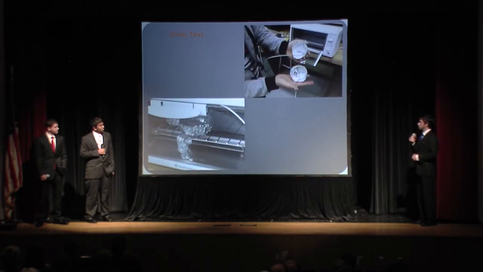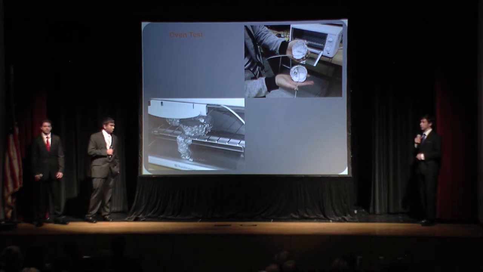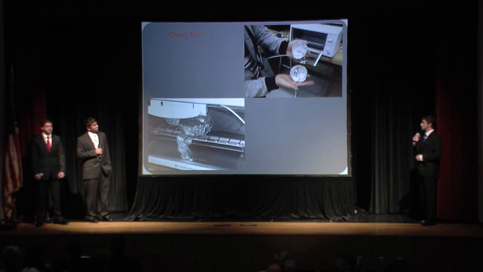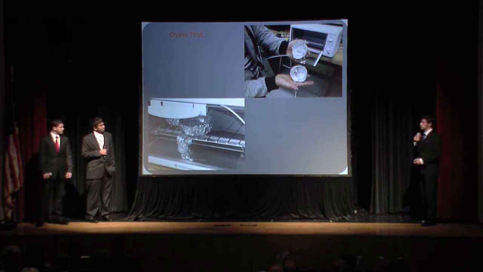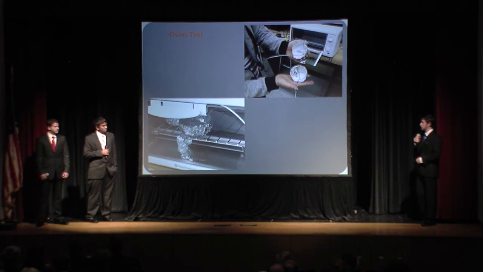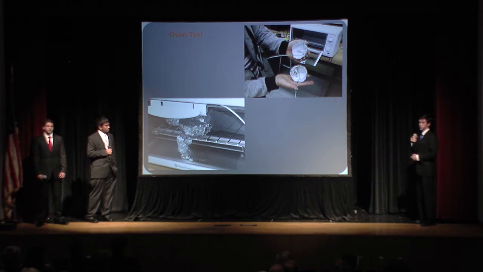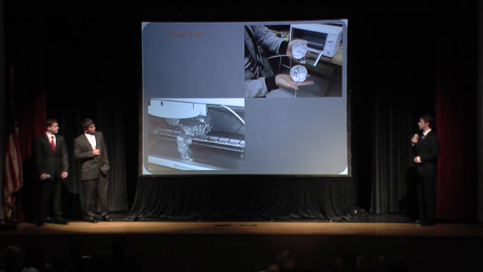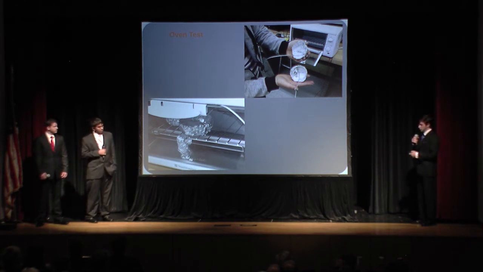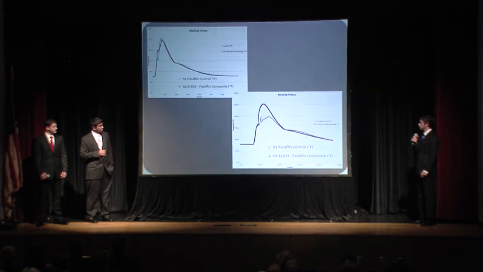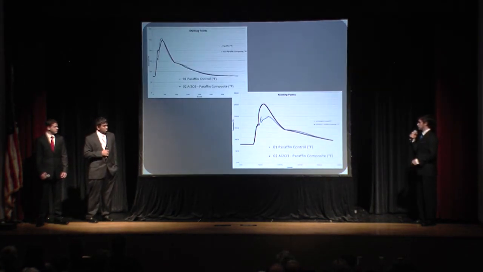After we found out what it was, our final goal was to make our own PCM at a cheaper cost. To do this, we took paraffin wax and put two different substances in it. One was aluminum oxide, the other was the phase change powder we had. We put them in an oven so we could uniformly heat up these two samples at a constant rate. And from that, we graphed them using the Blue Therm Duo thermocouples. While we're still analyzing these graphs,